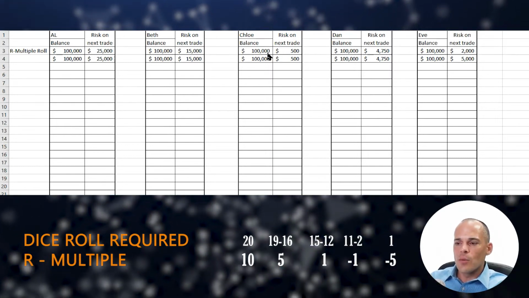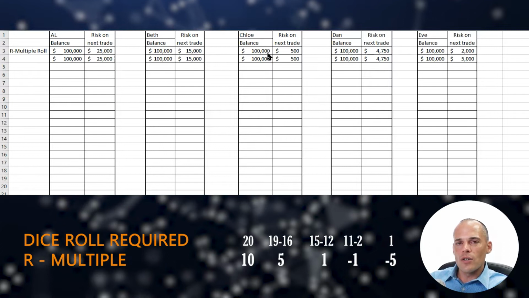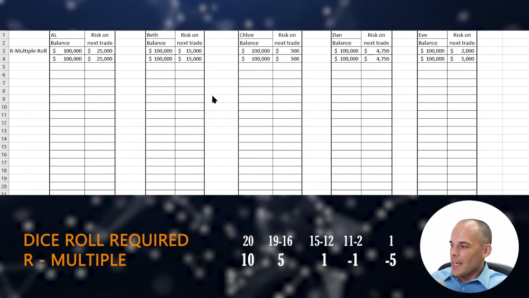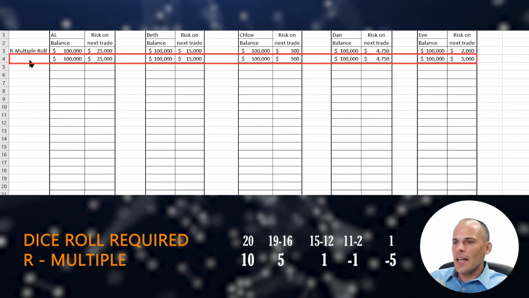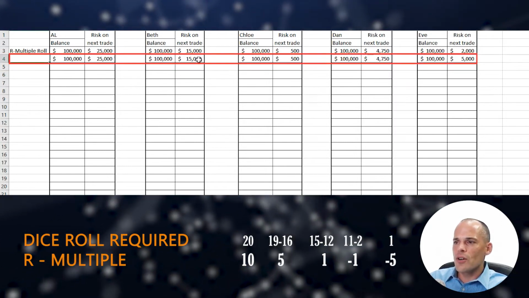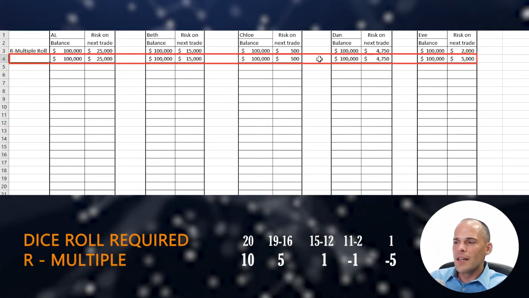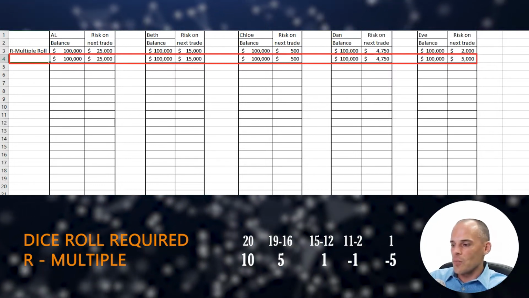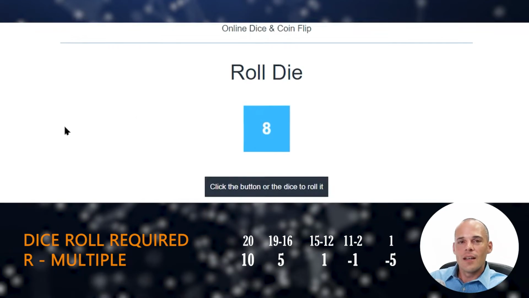But in the end, I will show you exactly each one of these traders' methodologies and what they would have done and performed in real life. So here we go. Let's get started. Each one of these traders already has their initial bet before the first roll comes through, and we're going to start this process now. Now I'm going to bring it up. Okay, so here's our dice.